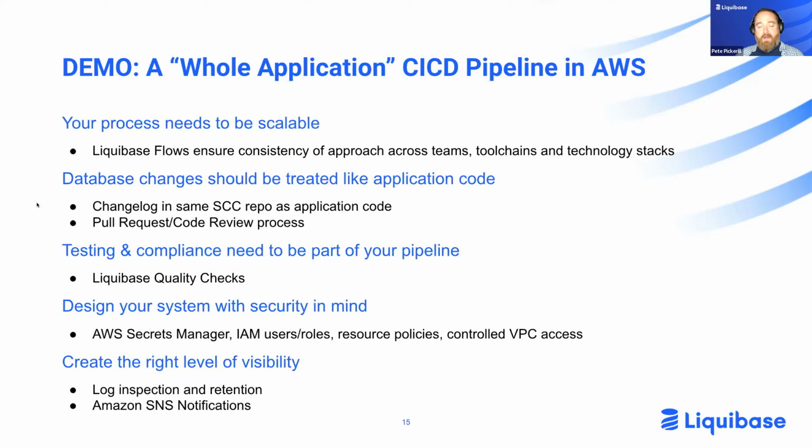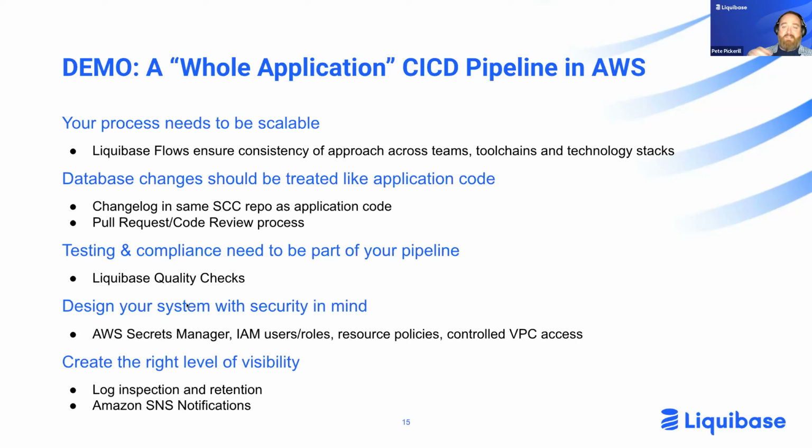But the Liquibase quality checks should give you that inroad to building testing and compliance into your process. In terms of security, really using a platform like AWS or any of the CI/CD platforms or combinations, a mix and match of tools, there are a lot of options for how you can keep that pipeline secure, and you can make sure that people get the data they need and don't get the data they don't need access to. And that'll be demonstrated in our demo as well through the use of the AWS Secrets Manager,